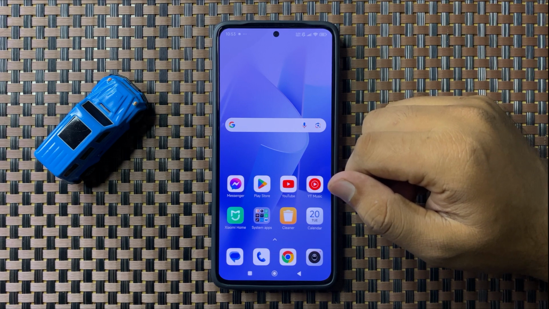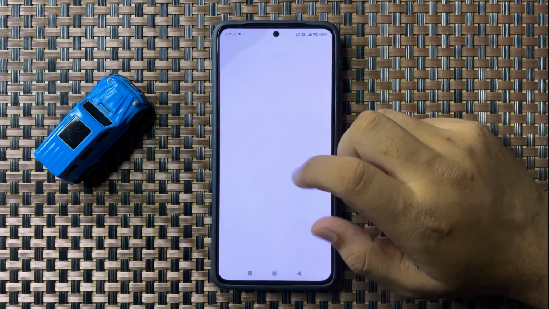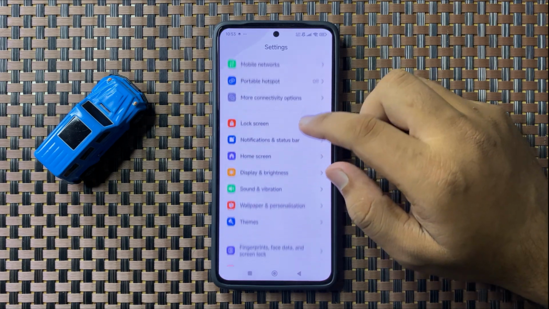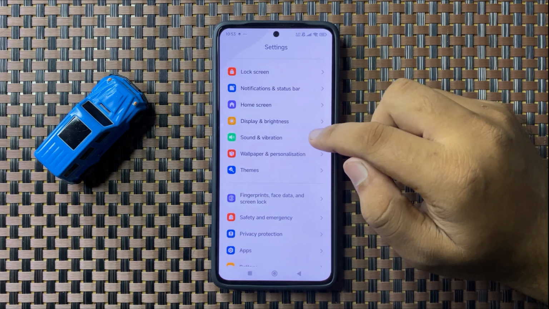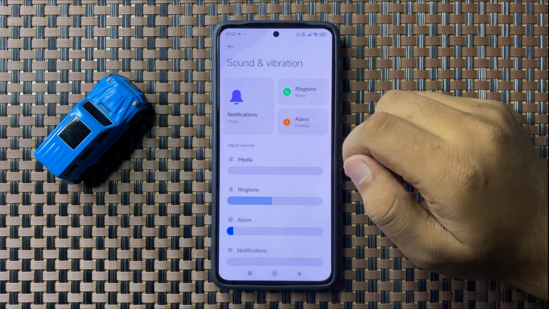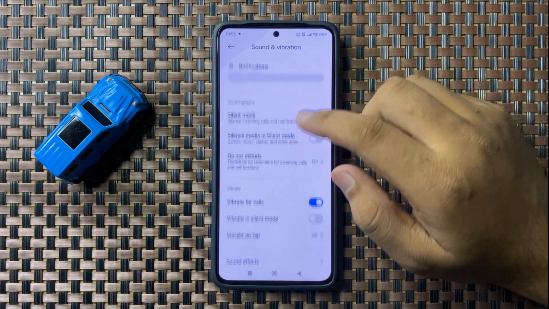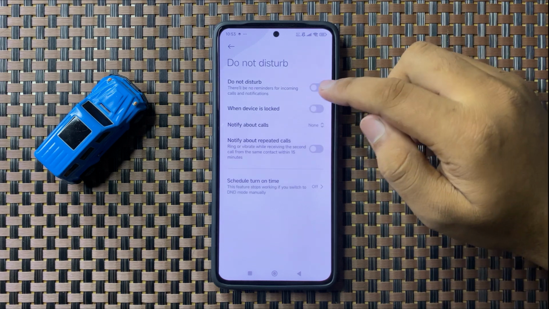But if you're still facing the issue, then open settings. Now in settings, tap on sound and vibration. Now in sound and vibration, tap on do not disturb, and here you will see a do not disturb button